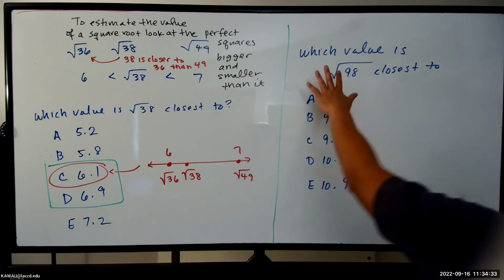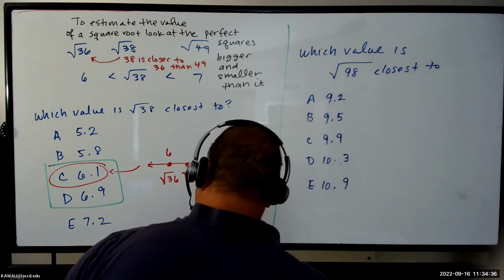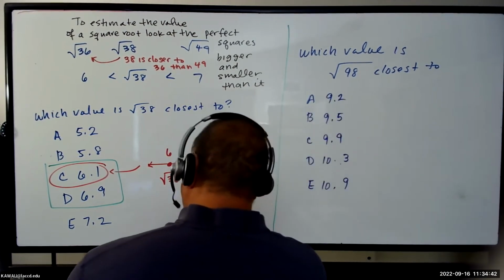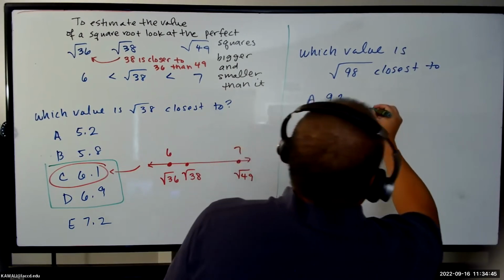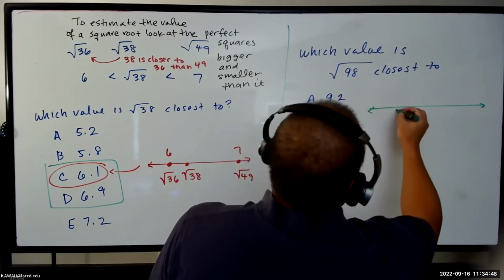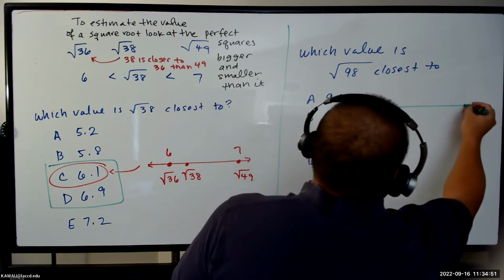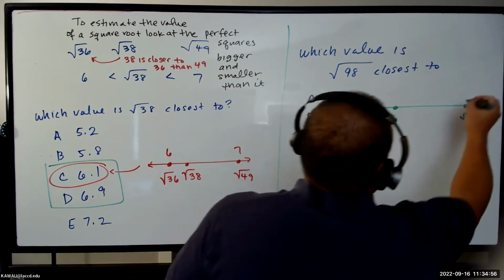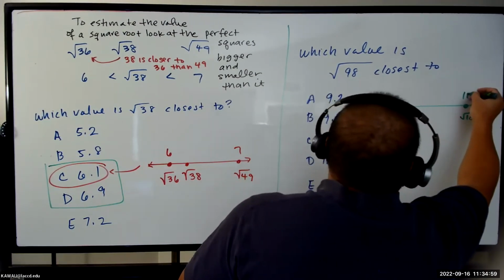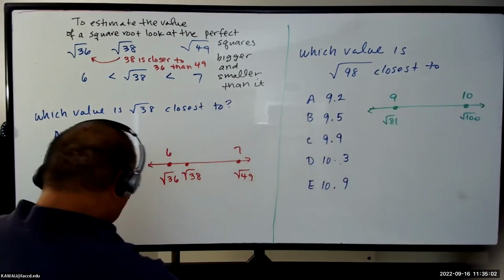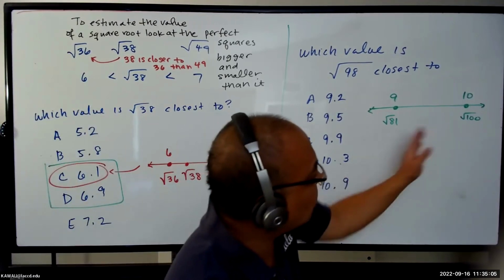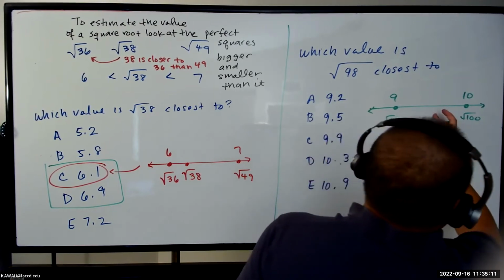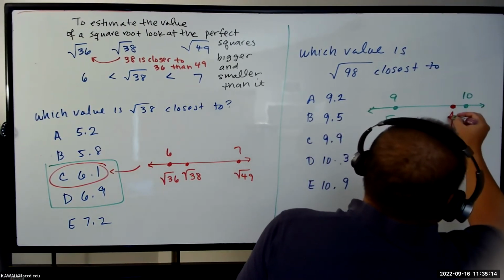Okay. So let's look at the perfect squares here. If we're going to use the number line, this is in between square root of 100 and square root of 81. So this one is 10 and this is 9. And when we look at square root of 98, where is 98 in comparison to 81 and 100? It's not near 81 and it's not in the middle. It's really close to 100,